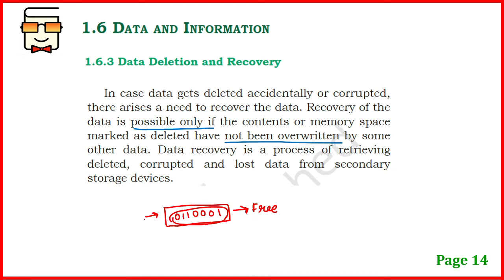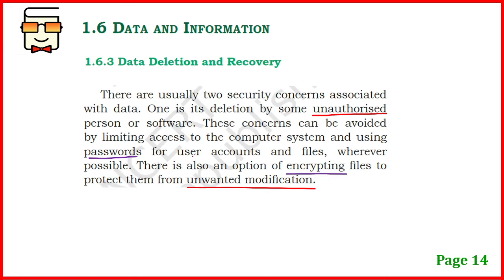So suppose this memory location was initially marked as free, now some new data came, new data had to be entered into this memory location, so this memory location now stores this content. And the free flag is also removed. So if this free flag does not exist, the memory location is not free now, it is containing some new data, then the previous data cannot be recovered. So it is very simple. I hope you're not confused. Recovery is only possible if the deleted contents are not overwritten.